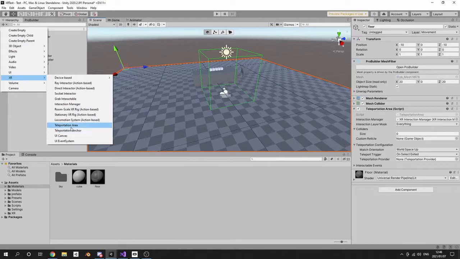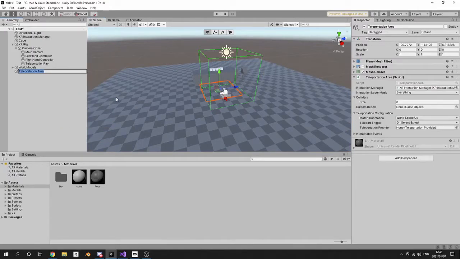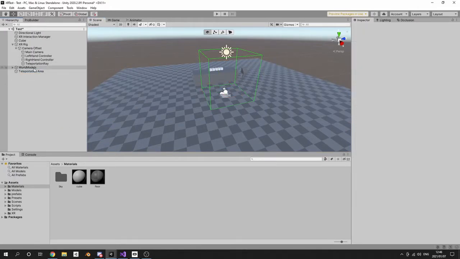As you can see, there are two teleportation types, teleportation area and teleportation anchor. I'll talk about the anchor in a second, but you can just bring in the teleportation area and then